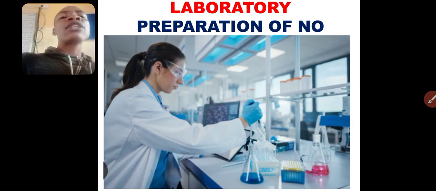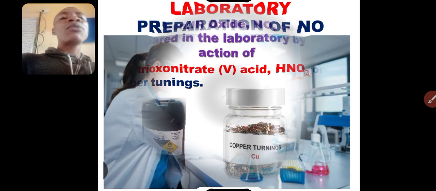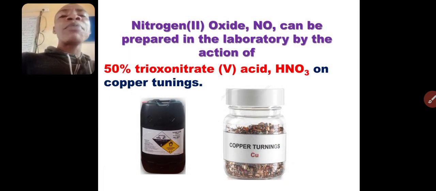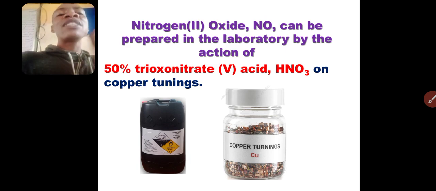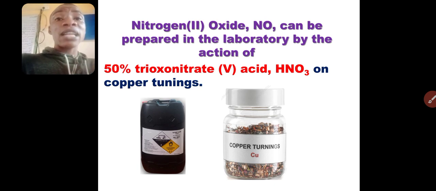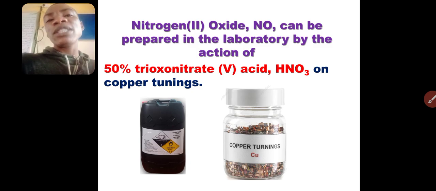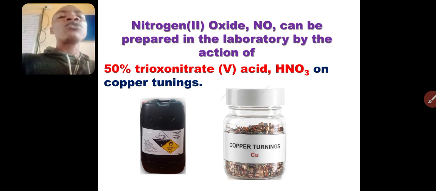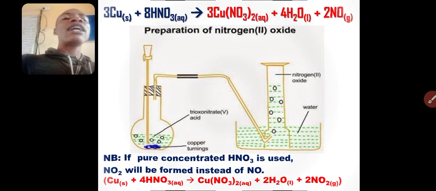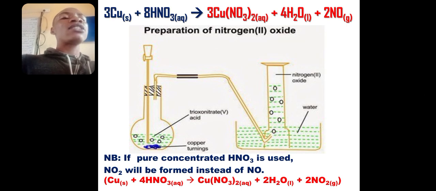How do we prepare nitrogen 2 oxide in the laboratory? Number one, it can be prepared in the laboratory by the action of dilute HNO3. Actually, it's 50% HNO3, a dilute form of HNO3, reacting with copper turnings. That is how you produce NO in the laboratory. As you can see, the equation of the reaction,